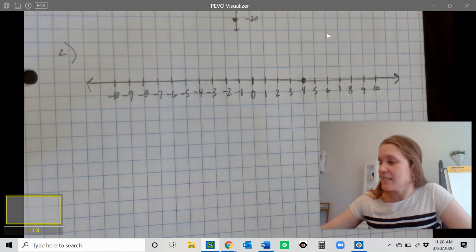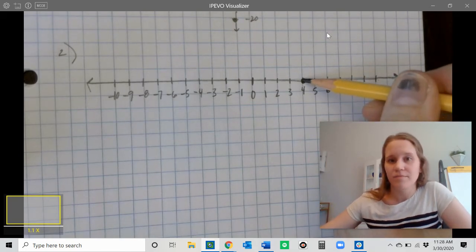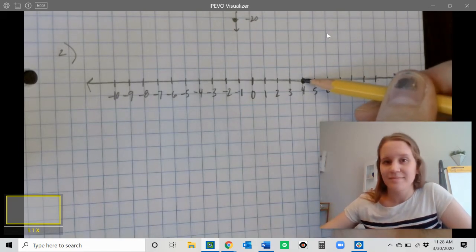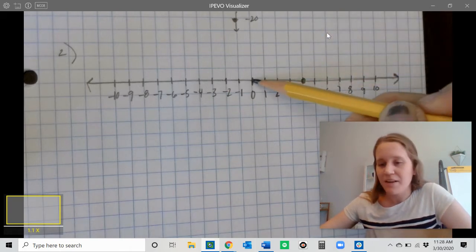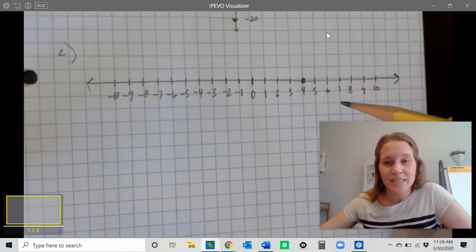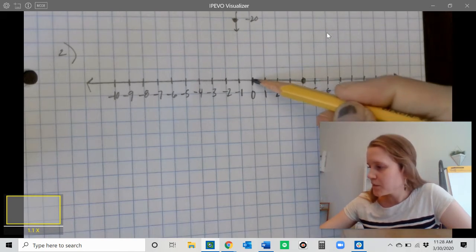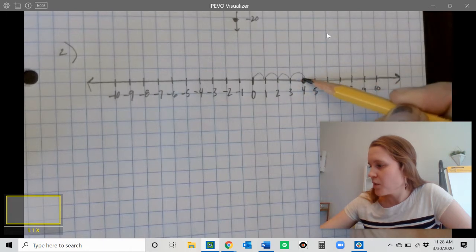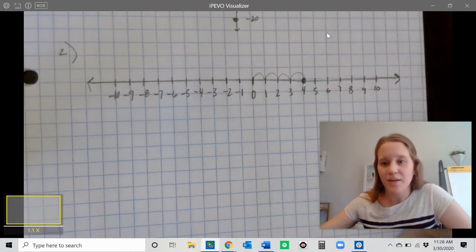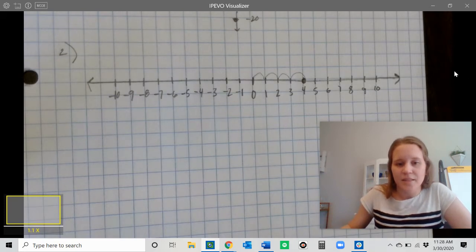How far away is this point from 0? Hopefully you said it is 4 away from 0. I can tell that if I count the spaces. Remember, not the tick marks, the spaces. So 1, 2, 3, 4. It's 4 spaces away from 0. Okay. This question said,